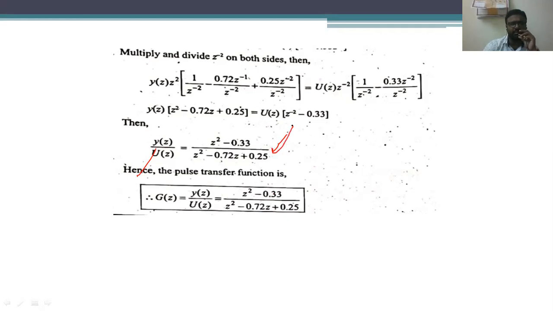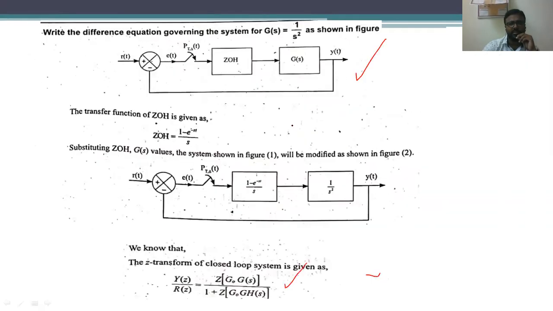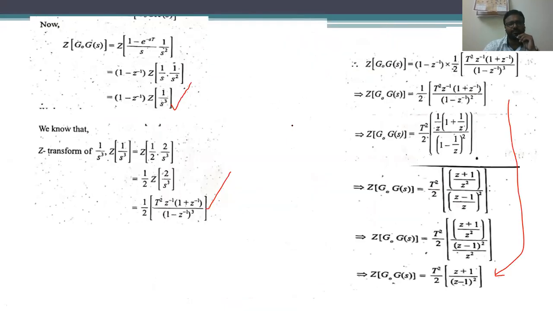So don't get confused about these kinds of problems. With this, we are going to close the second unit. From Monday onwards, we are going to enter into the third unit. This second unit is a lengthy unit, and more problems are going to be asked from it. It is Z transformation. All these problems are very familiar, apart from the pulse transfer function problems, because you already learned them in Signals and Systems in your third year first semester.